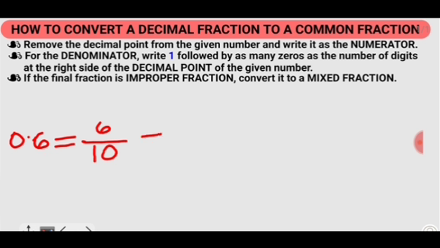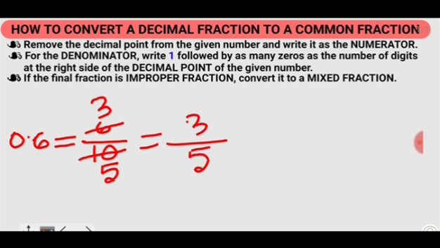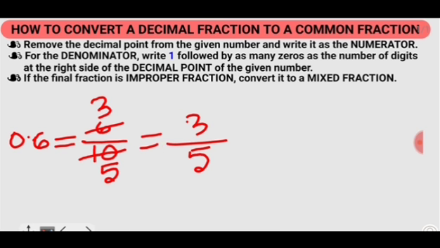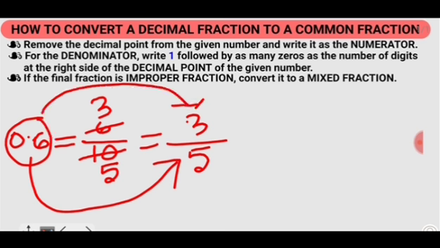And after that, the final step is to cancel this by any common factor. You can cancel by 2. 2 5s are 10, 2 3s are 6. So this 3 will be the numerator and this 5 will be the denominator. So what will be our fraction? Our fraction will be 3 by 5, okay. So this is a proper fraction. If it is a proper fraction, your answer is finished. So our 0.6 is converted into a fraction, correct? So the decimal is converted into a fraction, am I right?